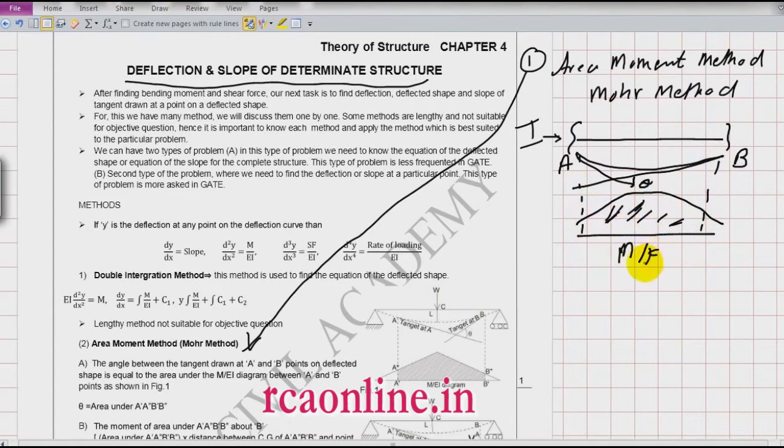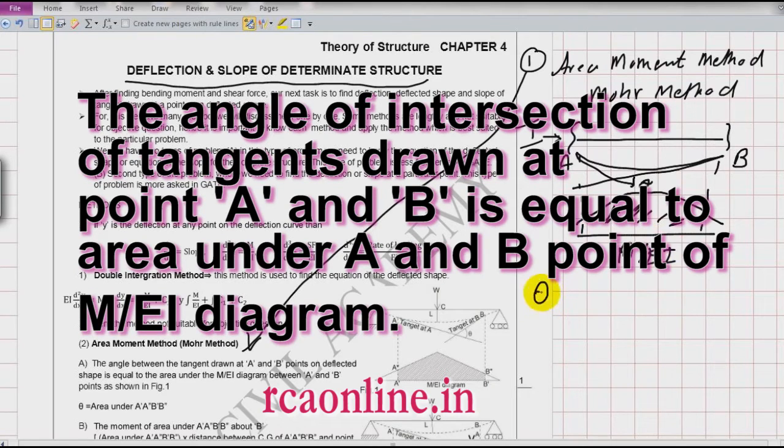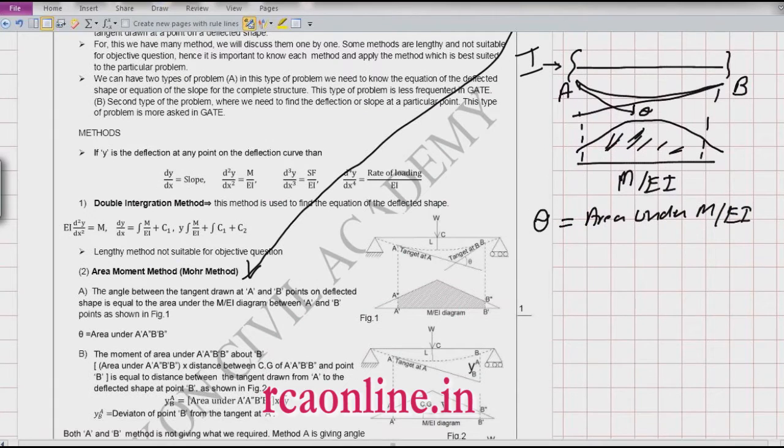So this is my M over EI diagram. What it says is that the angle theta is the area under the M over EI diagram. What does that mean? I again repeat. It means that this angle theta is the angle between the tangent